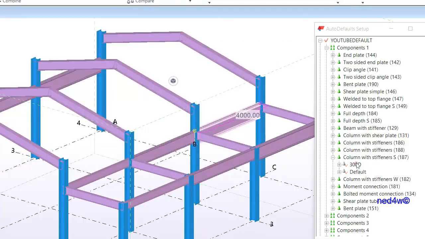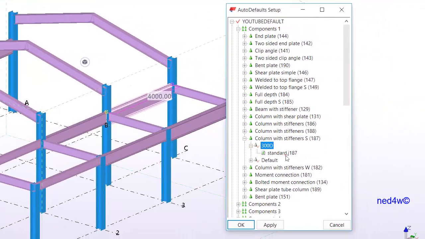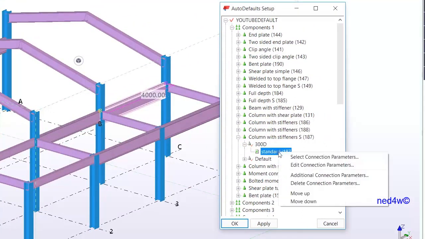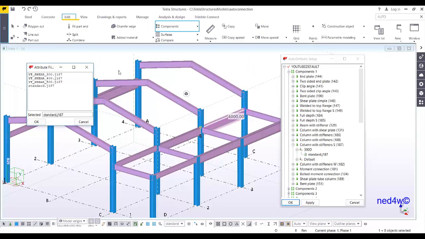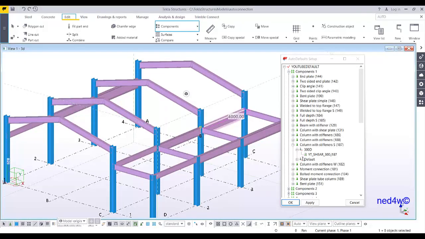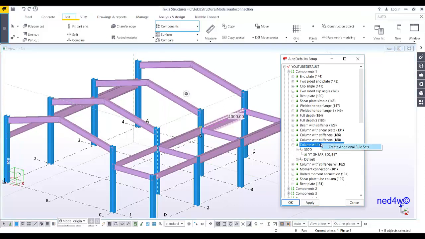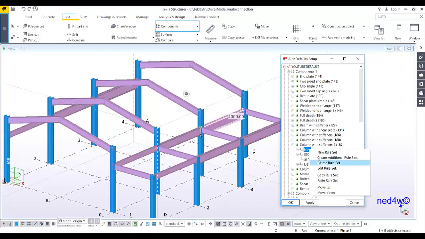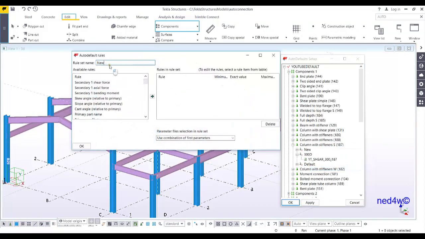Alright, so under this 300D, instead of using the standard, I can now use the connection parameters, which is YT shear 300. Click OK. Alright, and then all you have to do is repeat that procedure. Okay, so again, select this one, create additional rule set, and then edit rule set,